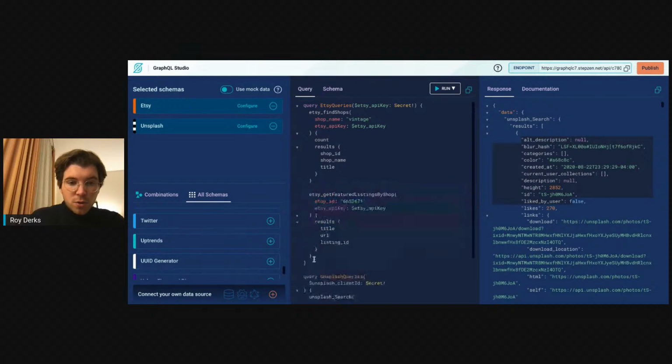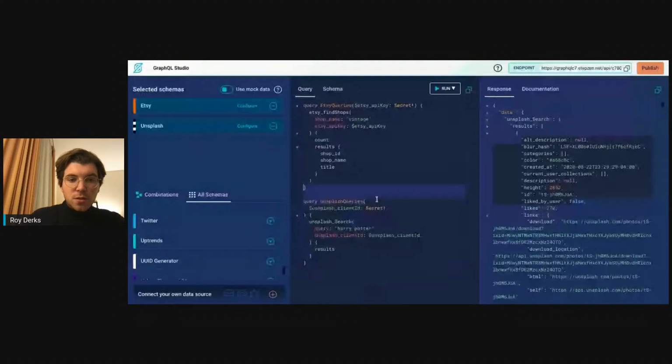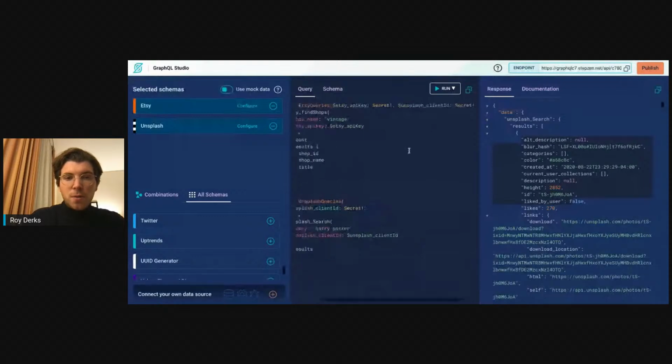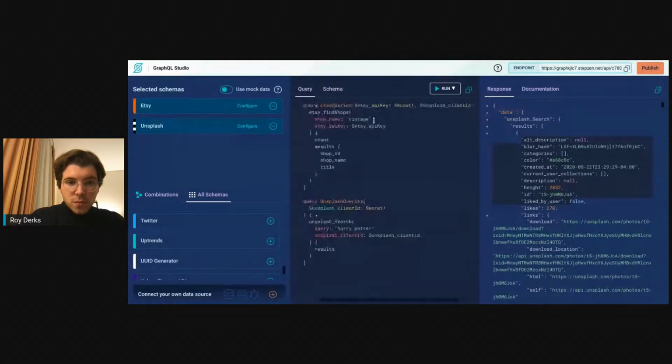Let's get rid of some of these APIs and now just try and merge them together. So instead of having all these things separately, we could just do this, bring them together, get rid of this one, and then